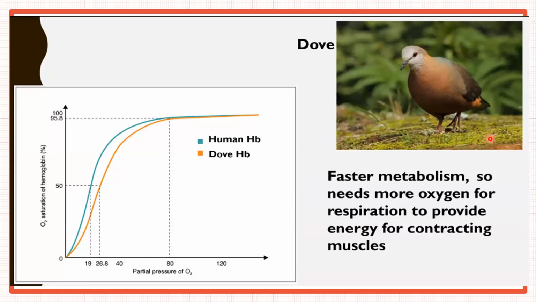Then if you look at the bird, they have faster metabolism. Now if you compare it with the human hemoglobin curve, shown through the blue one, and the dove's hemoglobin shown through the orange one. More metabolic activity means more respiring cells, and more carbon dioxide is produced. So these would have lower affinity for oxygen. The oxygen would be unloaded easily. ठीक है, cells will get the oxygen, carbon dioxide will diffuse into the hemoglobin. You can see the curve has shifted towards the right.